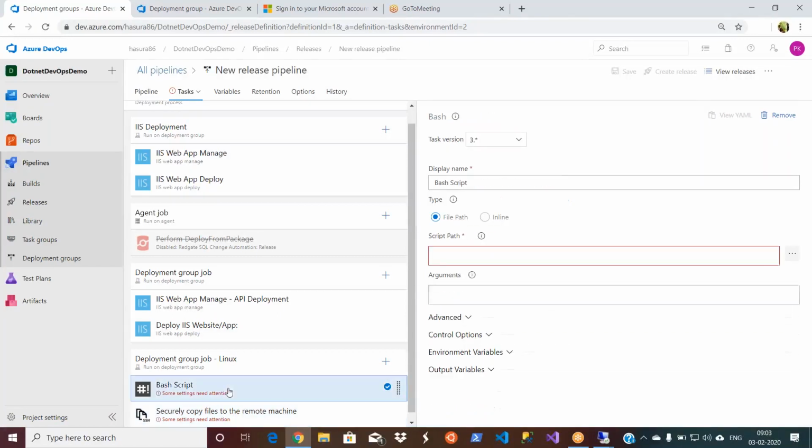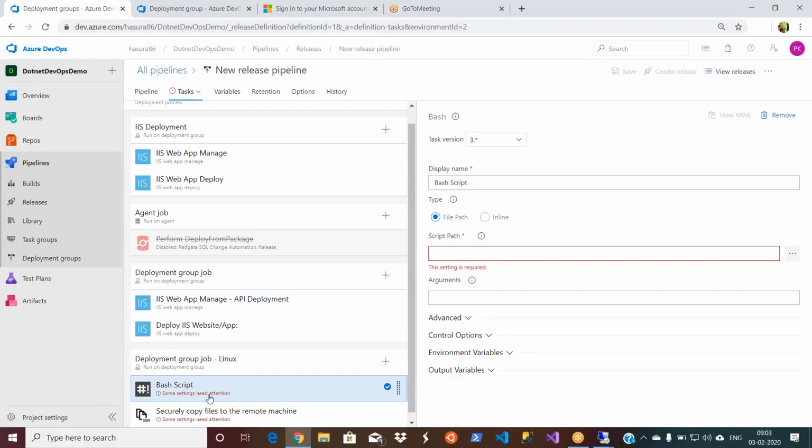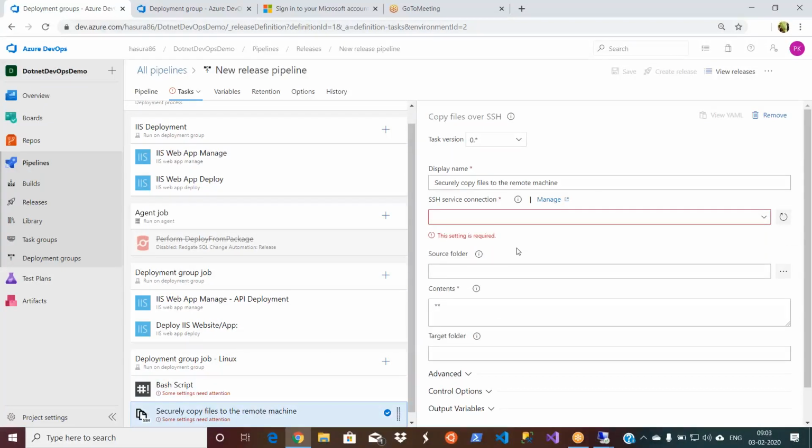Even if you don't do anything, it shows you that something is pending. And the good thing is you don't need to think about the sequence. As soon as you add a task, the sequence is already available in terms of the steps. All you need is to read the documentation, and even that is made easier, because you have the tooltip text here itself.